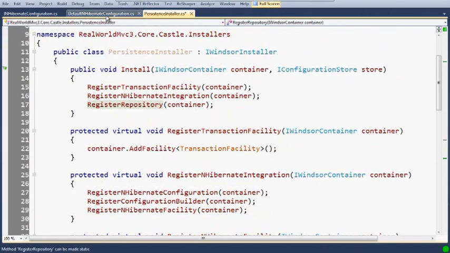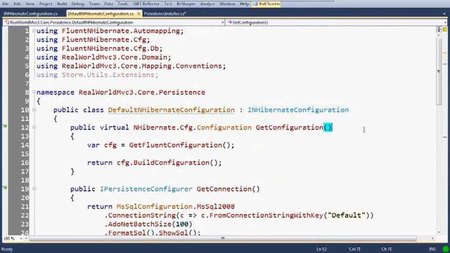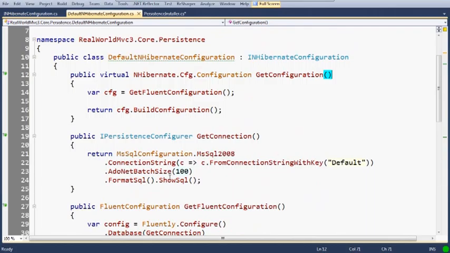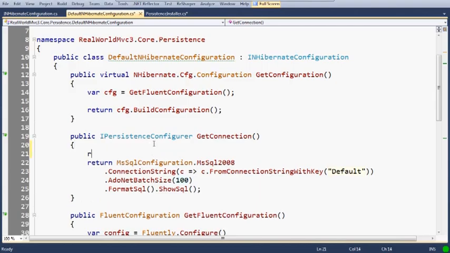So, as I said, our implementation of the configuration in Hibernate is where our mapping magic happens. For our connection for the actual live app, we use MS SQL 2008 somewhere in the cloud, I'm assuming. Again, it's Fluent NHibernate, so it gives you a nice fluent interface for all your configuration. So if we wanted